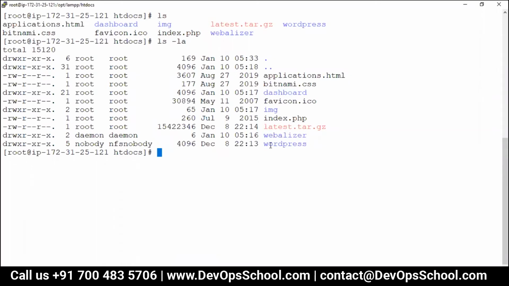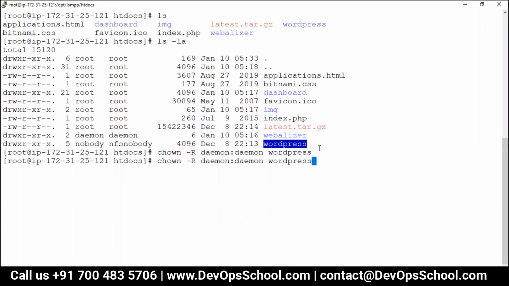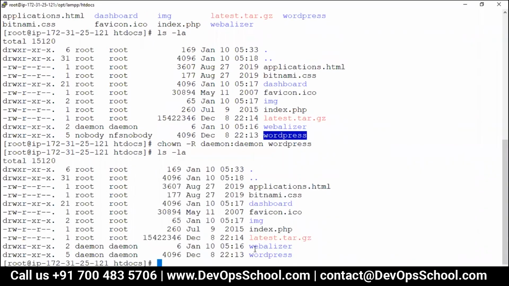Why? Because WordPress should be run by daemon, not by anything else. That's a problem. So what to do? chown -R daemon:daemon. Why daemon? Because it's the user which is running Apache and WordPress. And I did this. So these are the things you have to do.